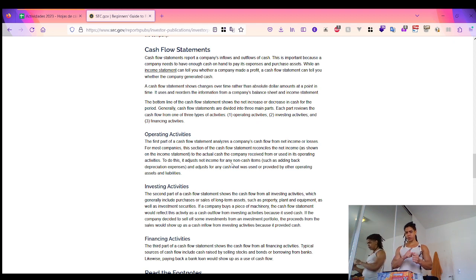And it also adjusts the cash that was used for or received from any operating assets and liabilities. When I start to understand what the operating assets and operating liabilities are, here you have on the operating assets the accounts receivable. In Spanish, this is known as cuentas por cobrar. So you have accounts receivable, inventory, prepaid expenses, so expenses that a company made in advance for certain things that haven't